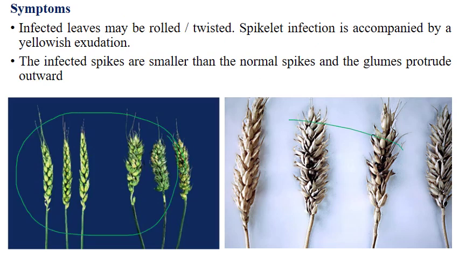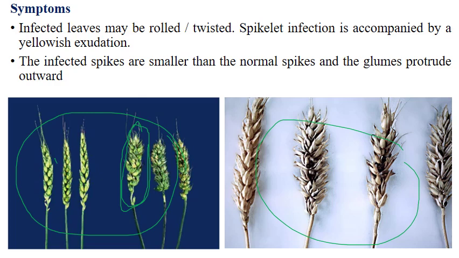The infected leaves may be rolled and twisted. We can see here the length of the inflorescence can be reduced. Here a spikelet infection is accompanied by yellow color exudation. Yellow color exudation can be observed in Tundu disease, which is a nematode complex along with